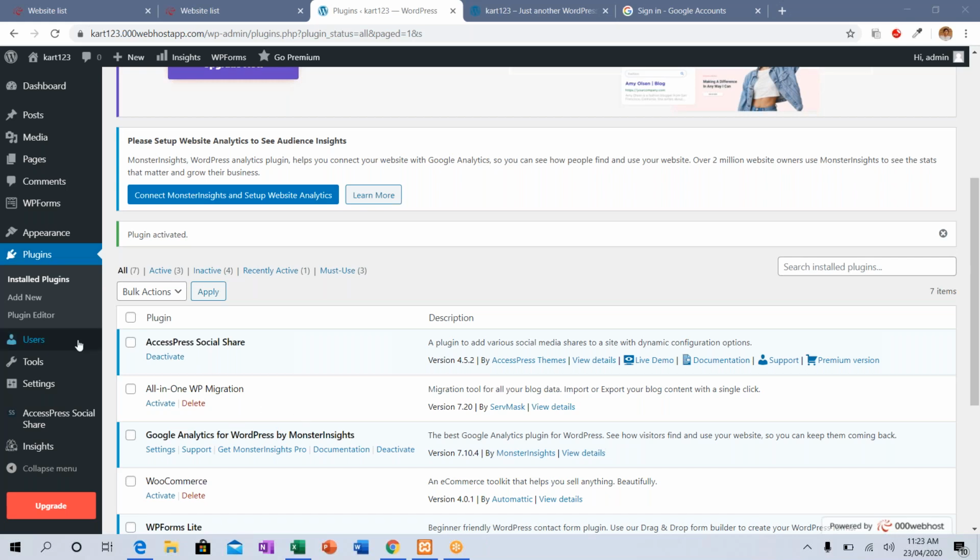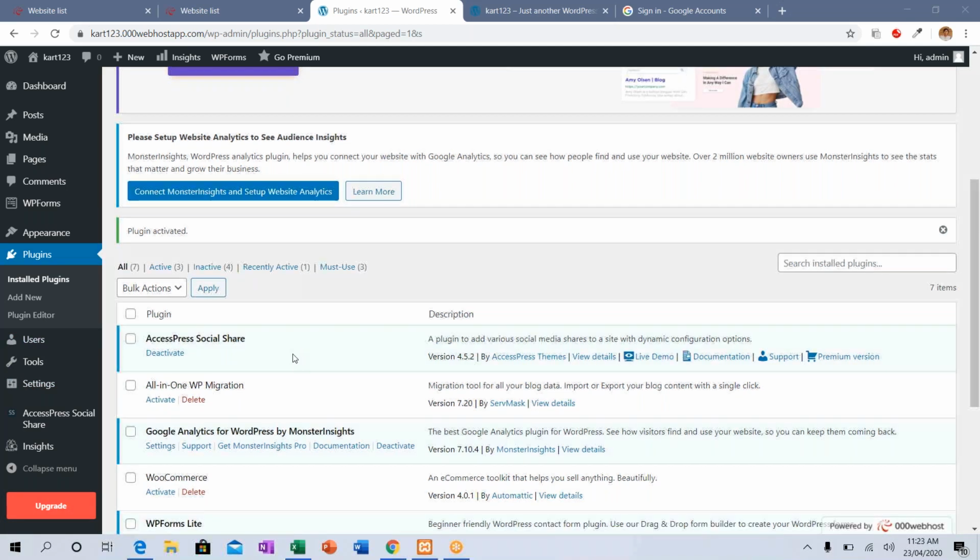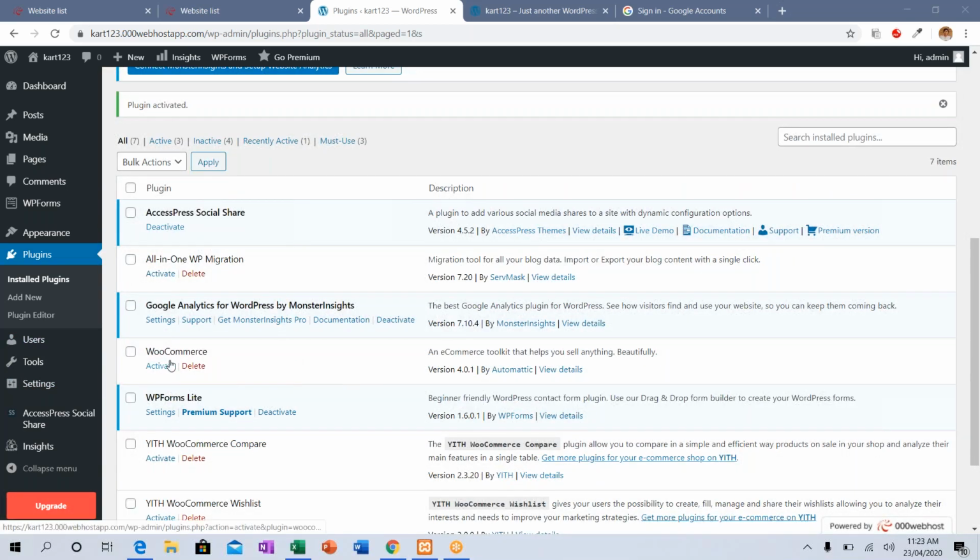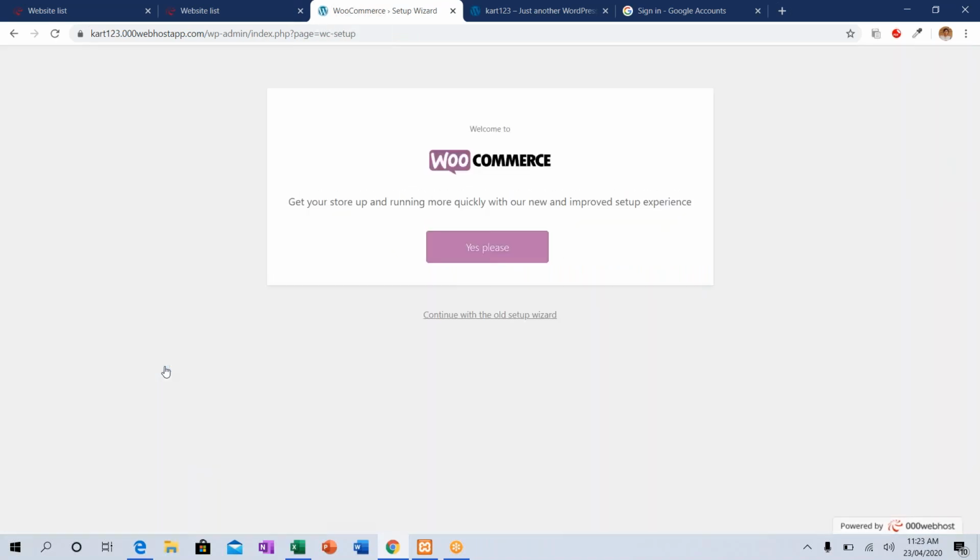Okay, great. After activating Access Plus social share, next move to our second one. WooCommerce, right? Just click WooCommerce, activate. It is asking to get your store up and running more quickly.